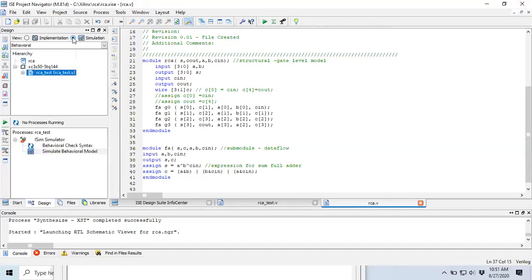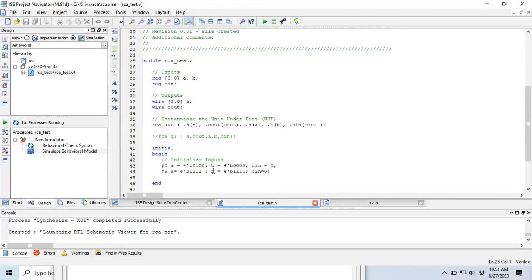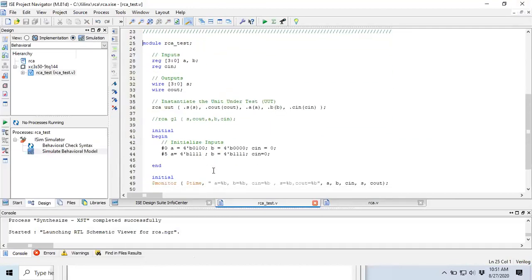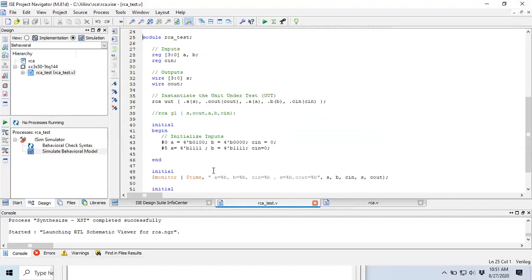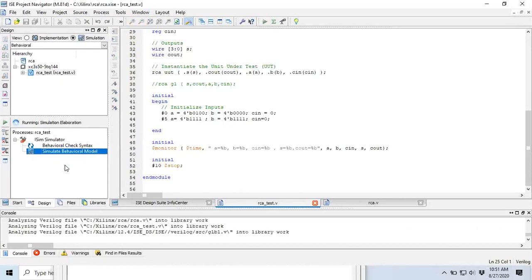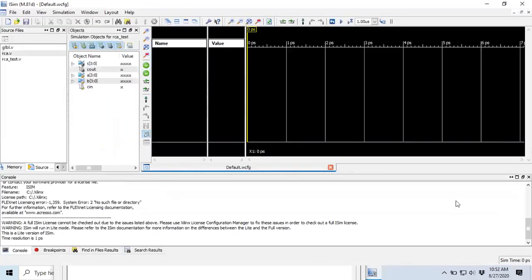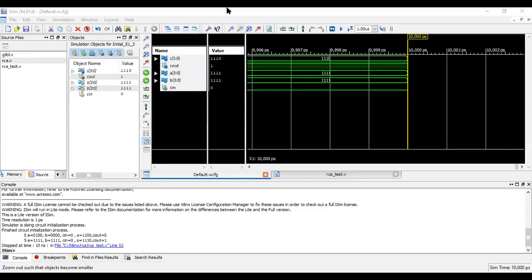Let us go to the simulation and check whether it is working correctly. We already have the test bench written with us. Did we make any changes? We did not make any changes as such in the test bench. So we'll see whether we are getting the same results. We have the input and output. Let us check. Syntax is already done. We'll see whether we get the result. So I've got the results over here. Let us verify whether it's the same thing.